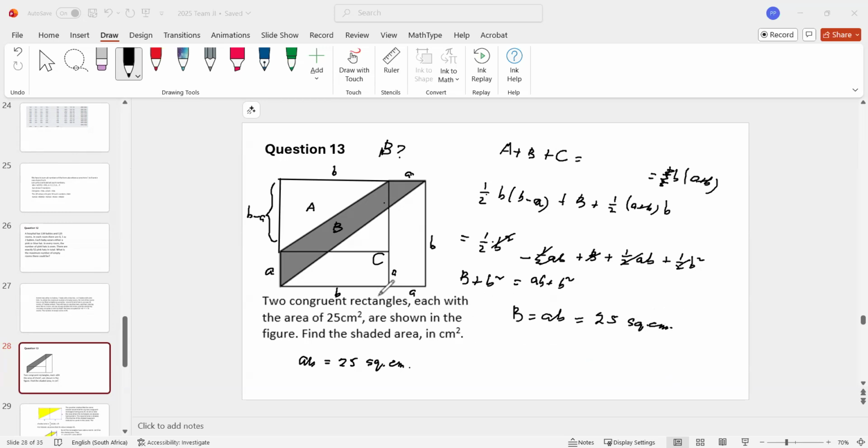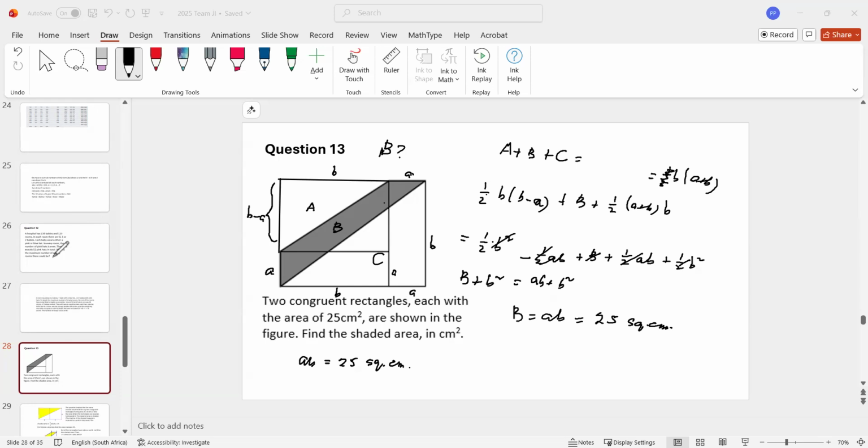So I've actually calculated the shaded part here. It's the same as the area of the rectangle, interestingly enough. The area of the rectangle is AB, and the area of the shaded part is also 25. Okay, so that takes me to